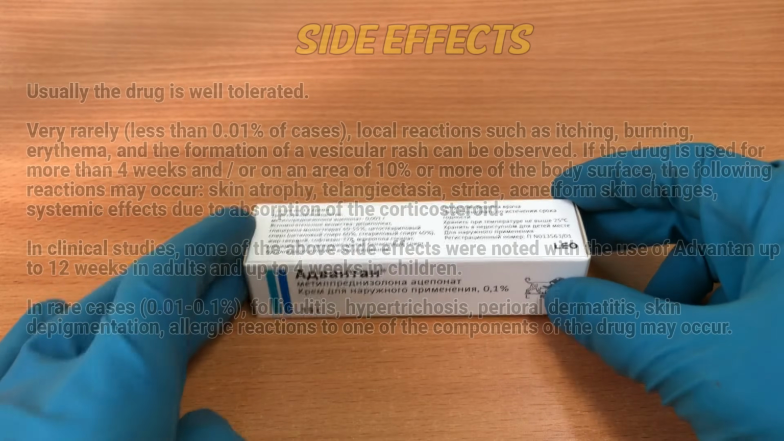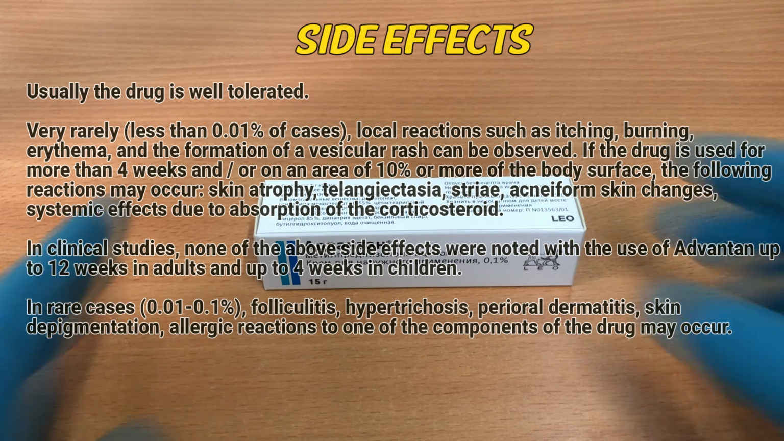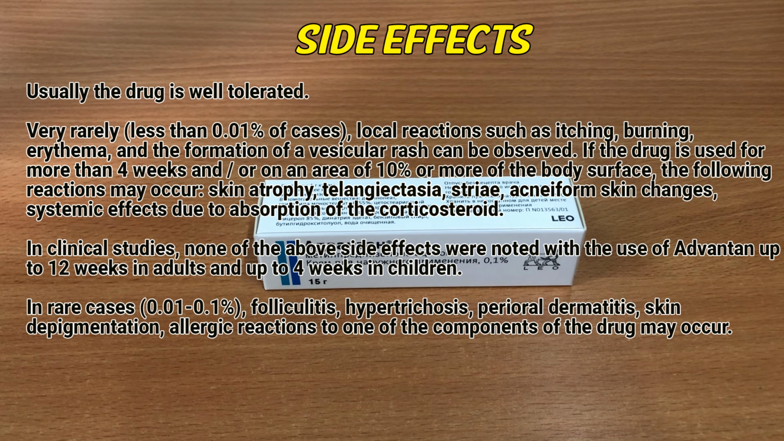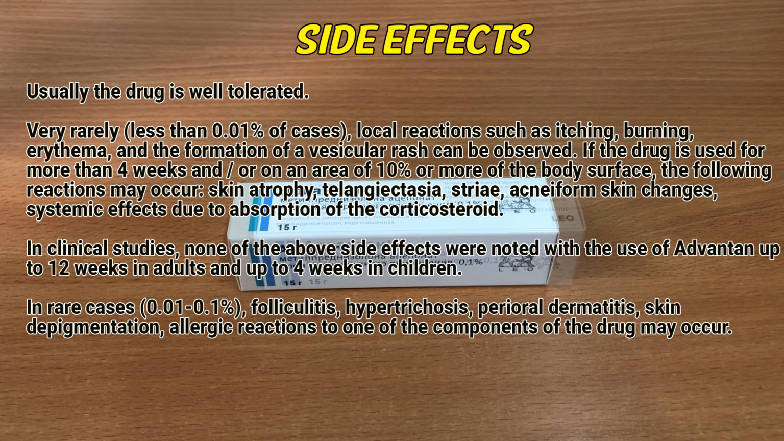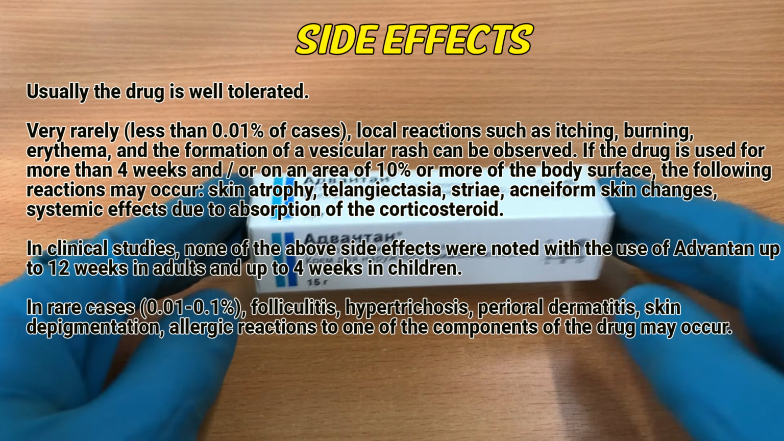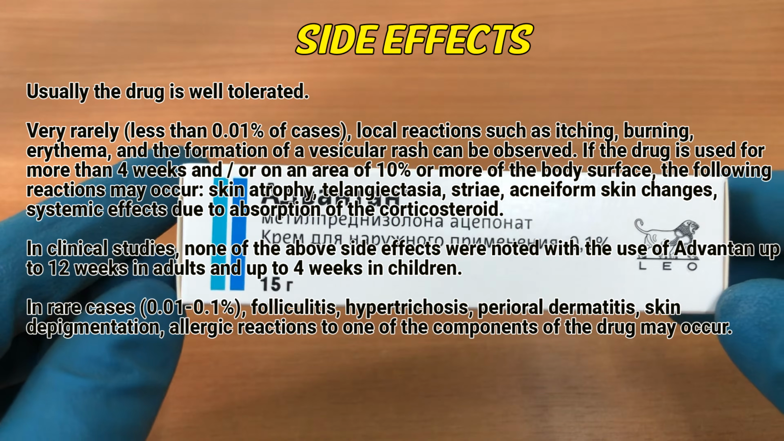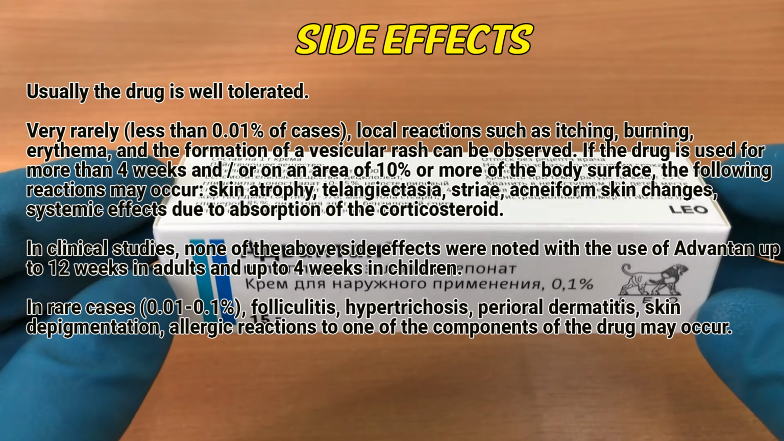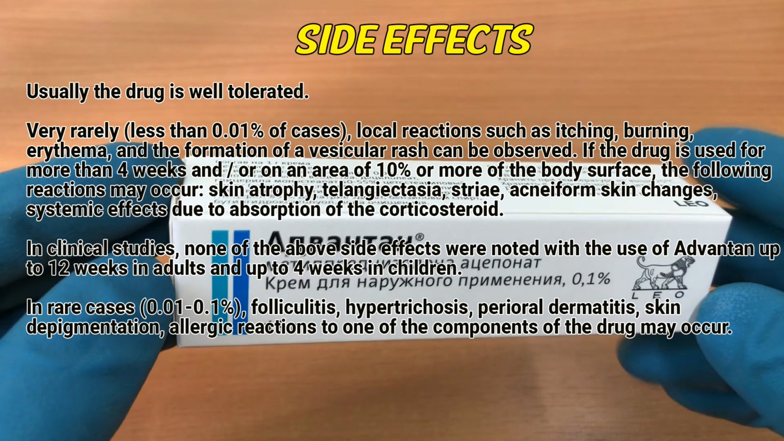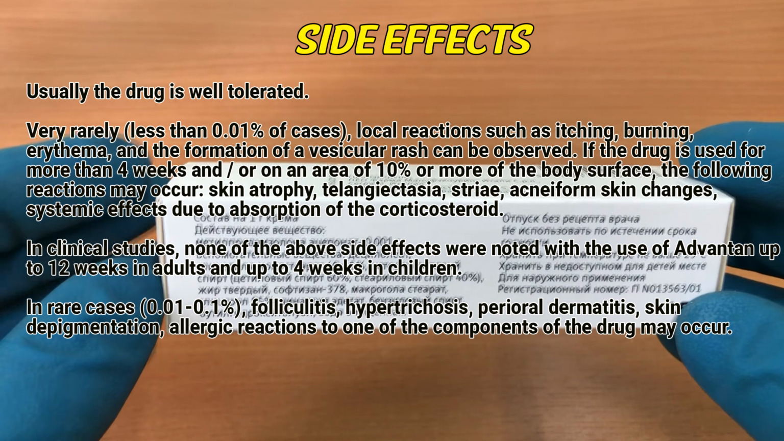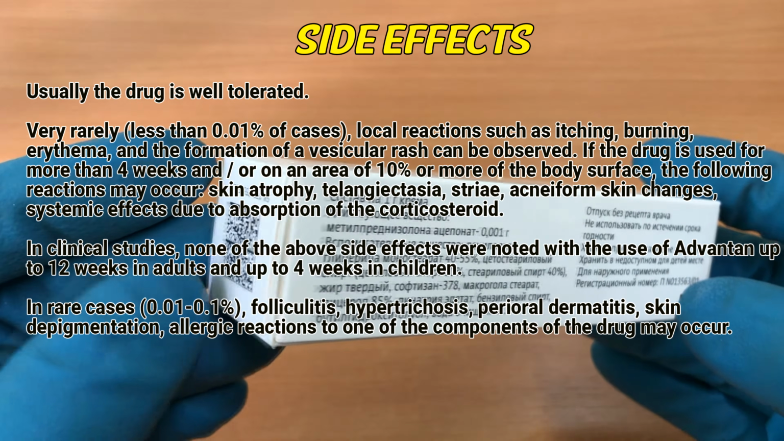Side effects: usually the drug is well tolerated. Very rarely local reactions such as itching, burning, erythema, and the formation of a vesicular rash can be observed. If the drug is used for more than 4 weeks and/or on an area of 10% or more of the body surface, the following reactions may occur: skin atrophy, telangiectasia, striae, acneiform skin changes, systemic effects due to absorption of